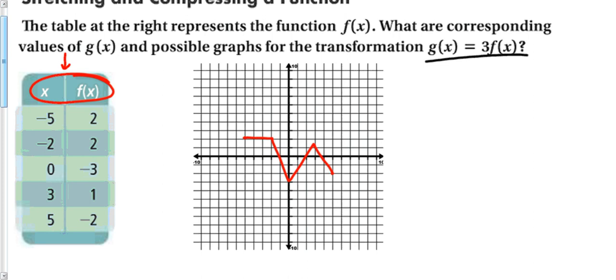Okay, so now if I take this function and multiply it by 3 to give me my new function, if I take all my outputs and multiply them by 3, I would get 6, 6, negative 9, 3, negative 6. Okay, and I'm going to graph that in green. So graphing -5, 6 would give me a point right there. It's 3, 6, 9 right there. And we can see that when I connect all these,